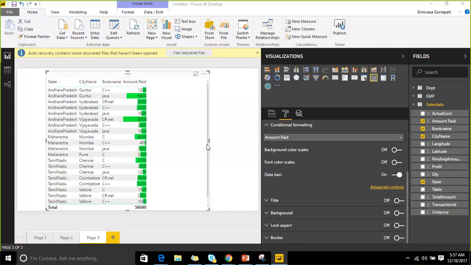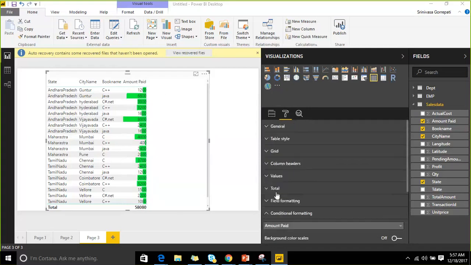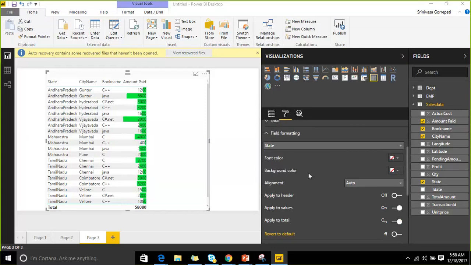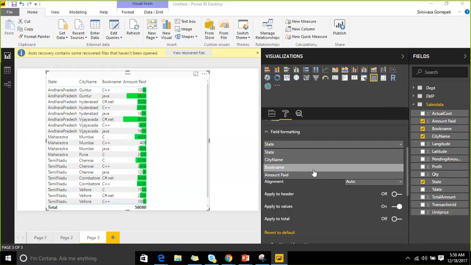Click on OK. Now you can see that all are positive values, so it is representing in green color. I aligned it to the right, that is what is showcased. And you can align this value to the center, as you already know, or to the left, you already know, right? So field formatting, and you can select that amount paid,